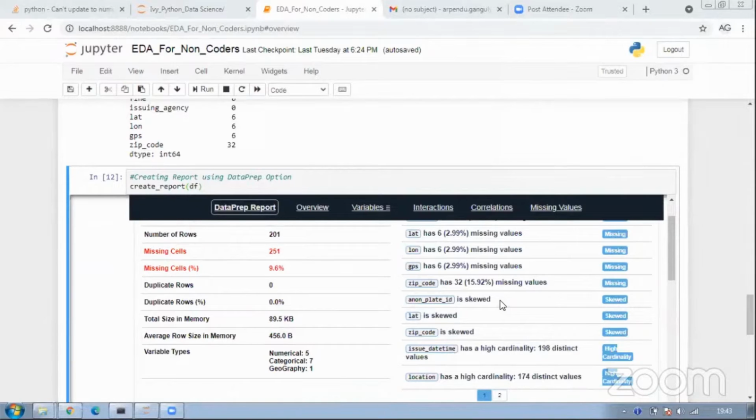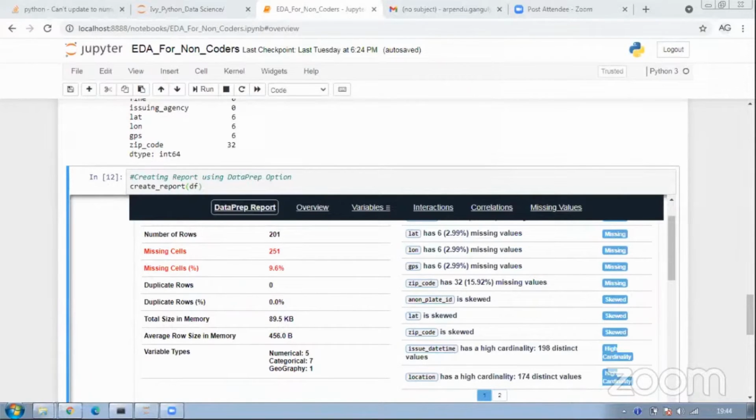In this case, as I said, Kripa, it's an ID column, so an ID column will not matter much. An ID column is just a unique number, and having it skewed or not skewed will not matter. Had it been some other column which made sense, we could definitely have done a deep dive on that. So that's basically what it allows you to see.